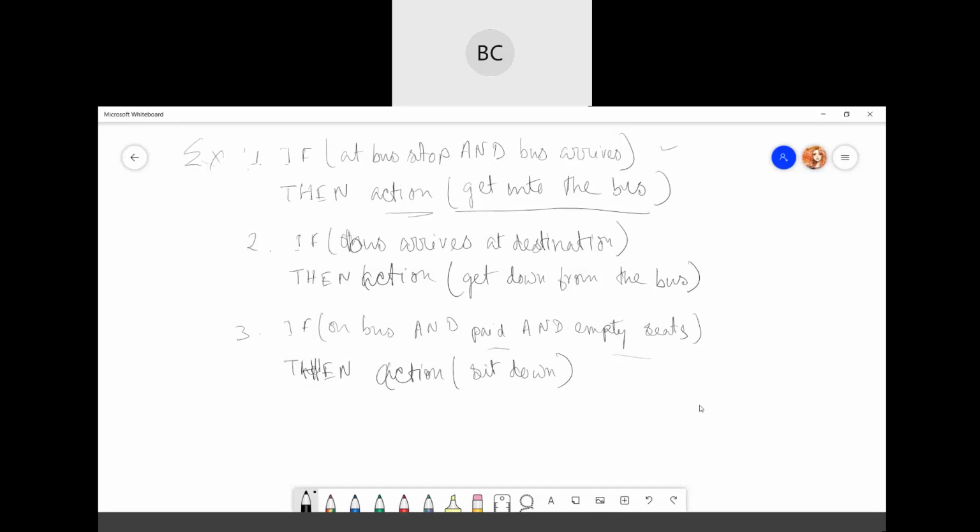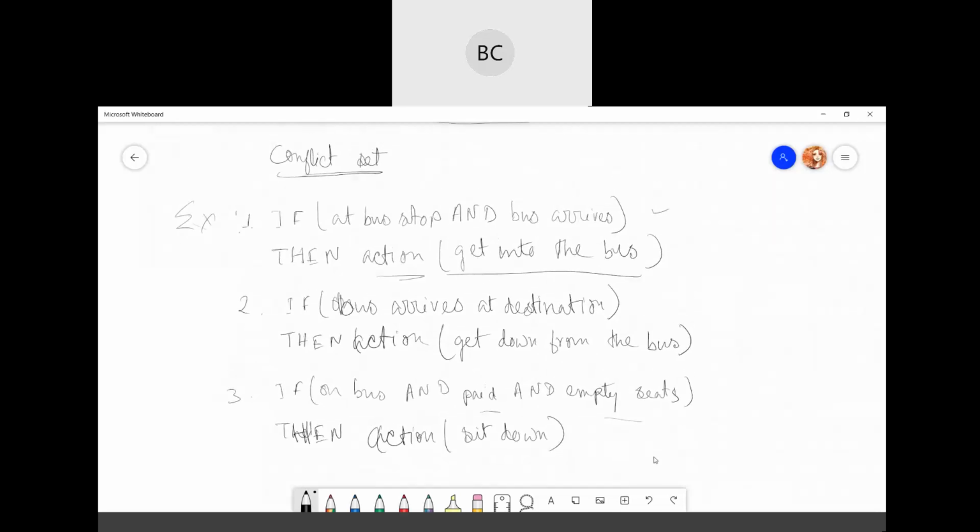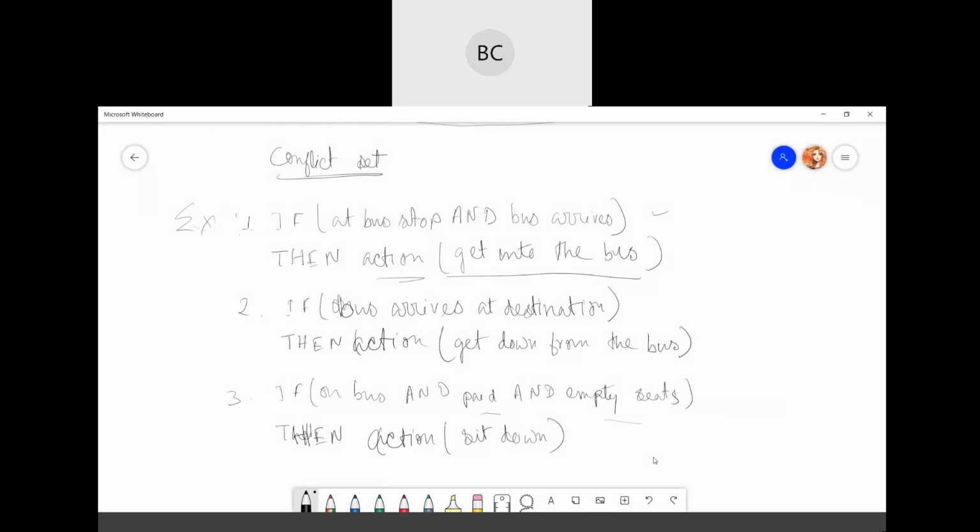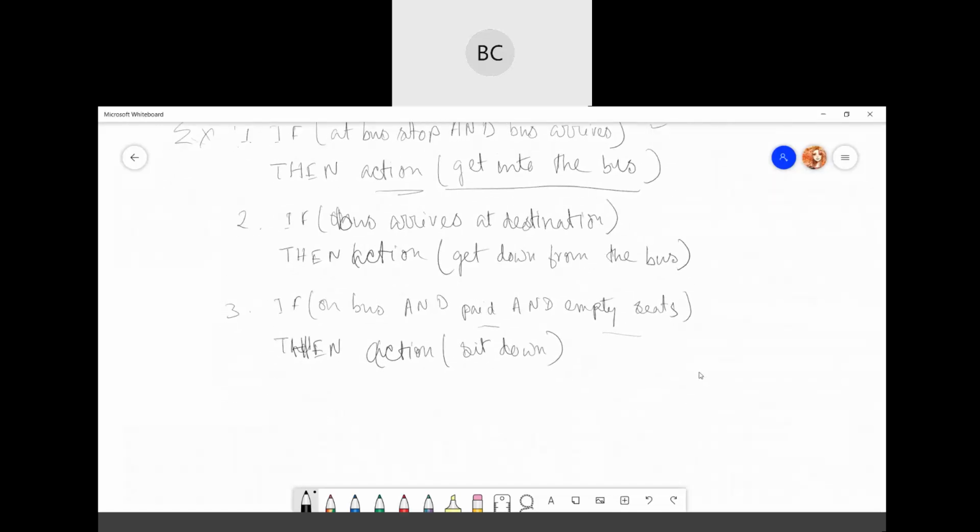Then again, like I said, for one new situation, multiple production rules can fire at the same time, which you can call a conflict set. So many rules may be activated at the same time. So this rule-based production system is not that efficient. Okay, it's inefficiency. Everything is predefined.